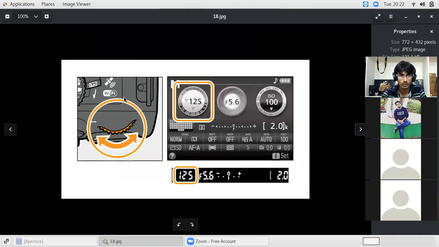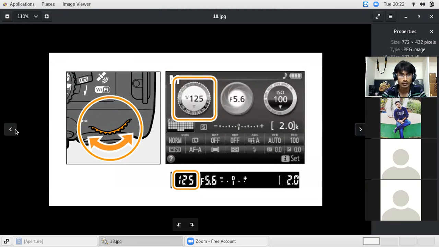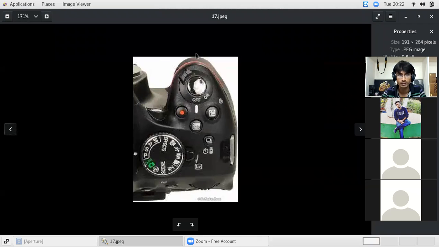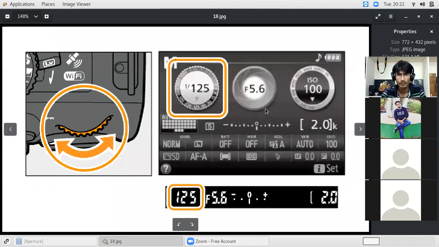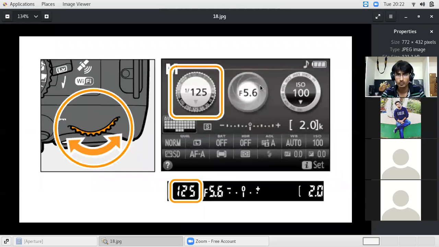Here it is, not this one, not this one. This is wrong. It will be here. In the earlier photo, it will be here. This knob you can control to set the appropriate aperture. This red mark is there. So here one more knob will be there where you can set the appropriate aperture that you want for a particular photo. You can also see what aperture you have set, like for this photo the aperture is set to 5.6. For different models or different manufacturers the interface will be somewhat different, but there will be a straightforward way where you can directly set the aperture that you want for a particular photo.